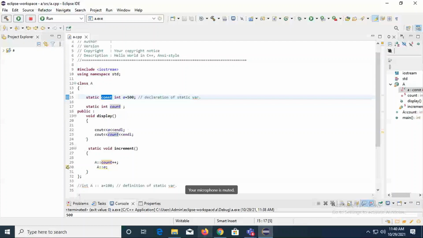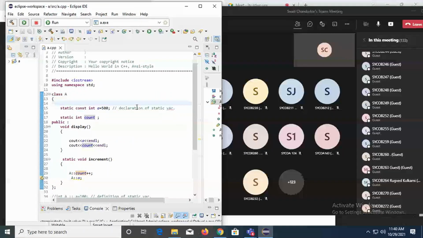So I will share this. The other things I have already shared with you. Only this code I will share now. Fine. And some sample codes on static and constant also I will share. And then we will start with the second unit.